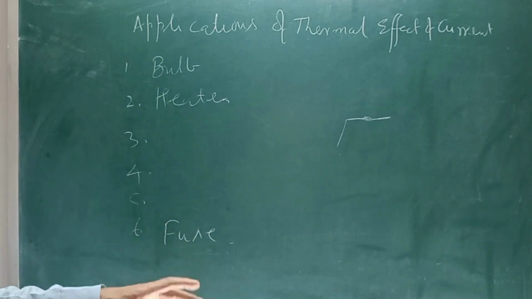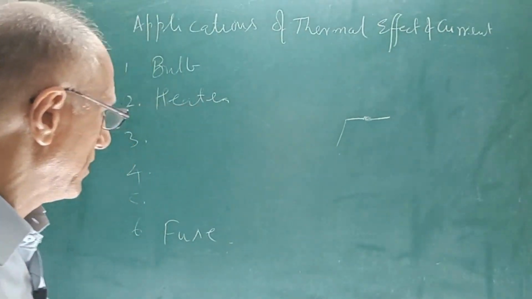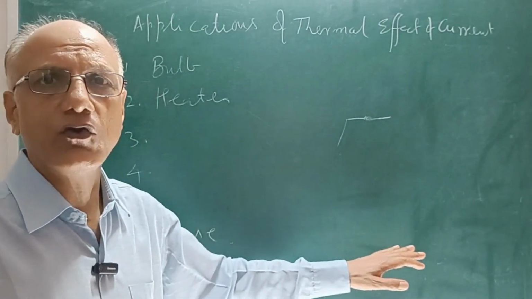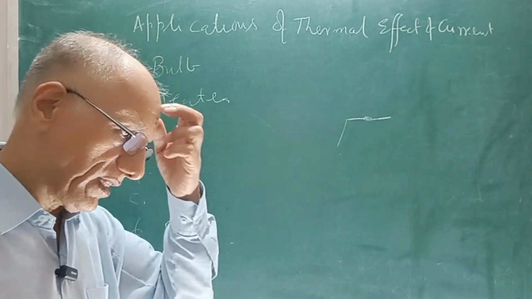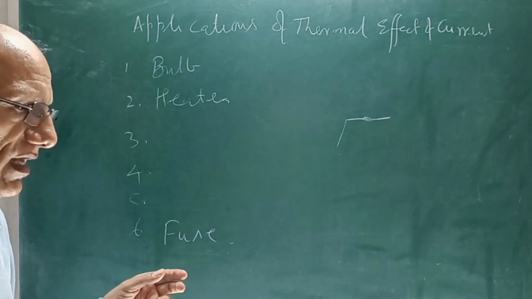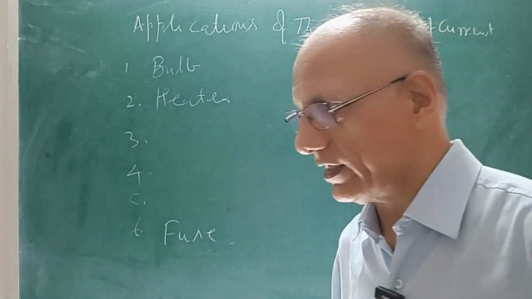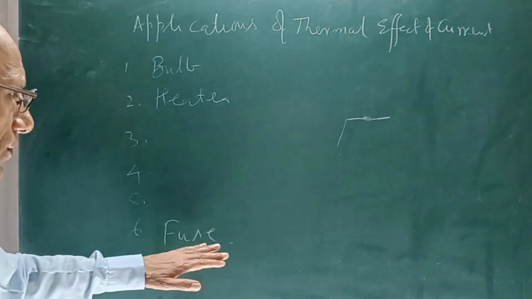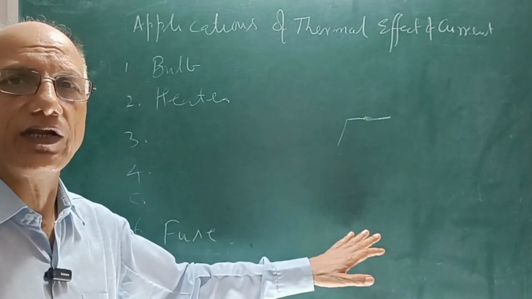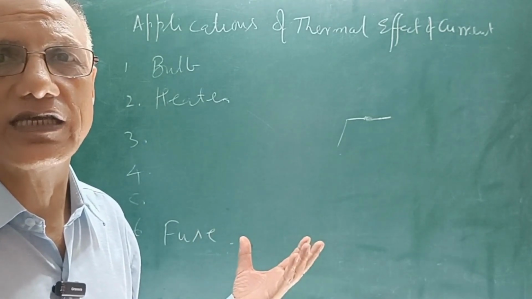The fuse wire is made of an alloy of tin and lead, which has very high resistance or resistivity and very low melting point. Whenever in the household electric circuit some fault arises, or short circuiting you can say, due to which a large current flows through the circuit, more heat is generated, and since its melting point is very low, it instantly melts, and the connection is disconnected, due to which